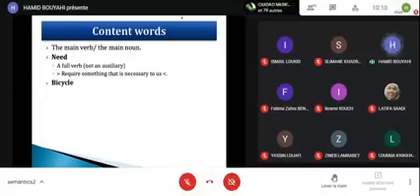Let's move to the next step, bicycle. Can someone define a bicycle? Yes, go ahead. A means of transportation. Yes, that's correct. But we still need more. It can be a train, it can be a plane, it can be anything. So we need to specify more. Yes, Latifa: it's the object of the verb need.